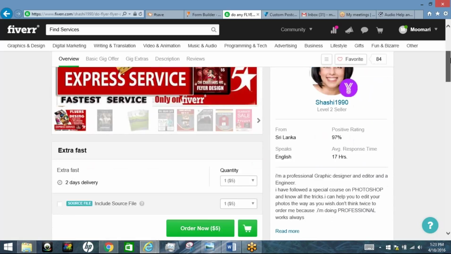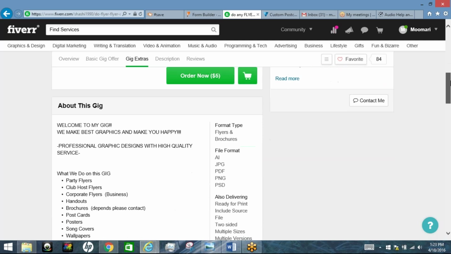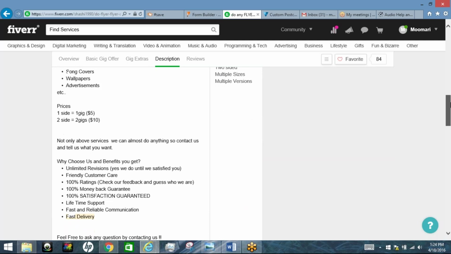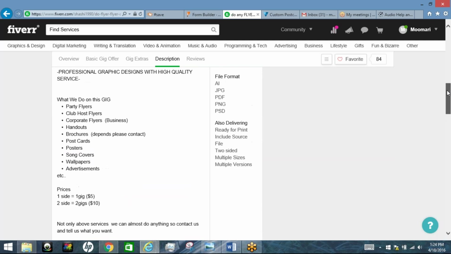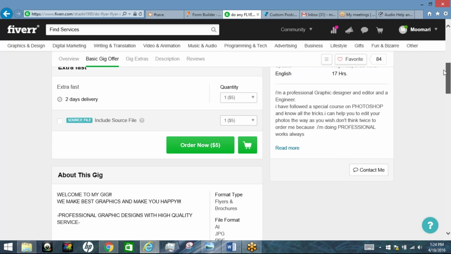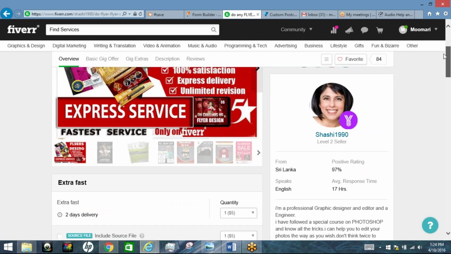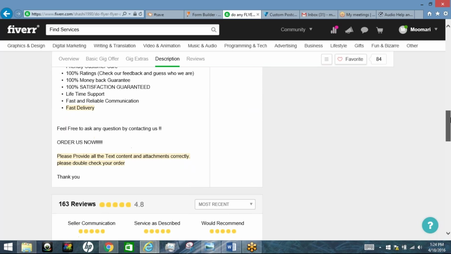See what it says? 2 days delivery. You pay an extra $5 for that, because right here will probably tell me how long I can expect. Well, it does not say actually how long. So for me, again, because I don't want to wait too long, I probably would pay the extra $5 for the extra fast delivery. Then she's going to let you know what she needs, but usually it's going to be,